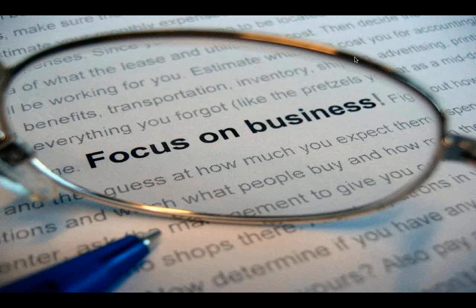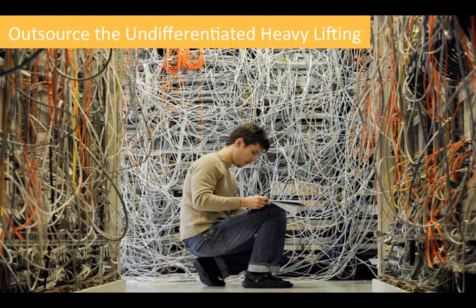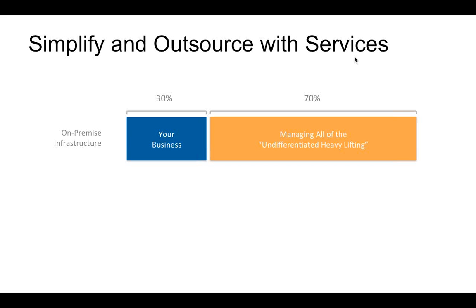Basically, it all comes down to this. You should really focus on your business. And you should try to outsource what we call undifferentiated heavy lifting, because you don't want to be this guy anymore. You basically just want to make an application or service and provide it for your customers, but you don't want to waste your precious, scarce resources on undifferentiated heavy lifting like managing and building infrastructure, owning and operating data centers or databases, etc. So the best practice here is that you should really simplify what you do. Outsource the systems that are undifferentiated as services that you just rent.